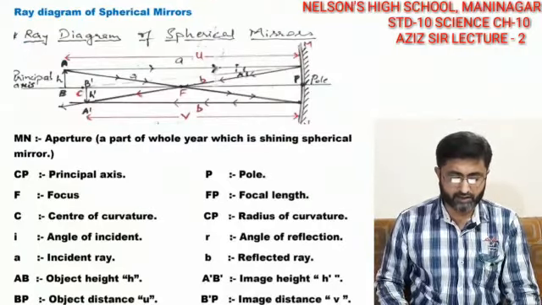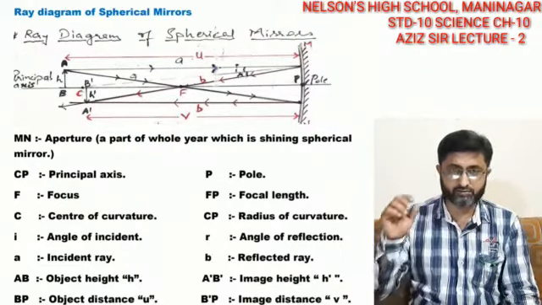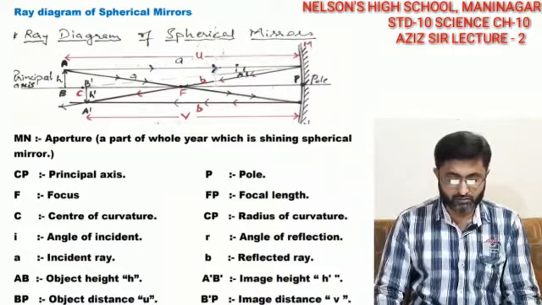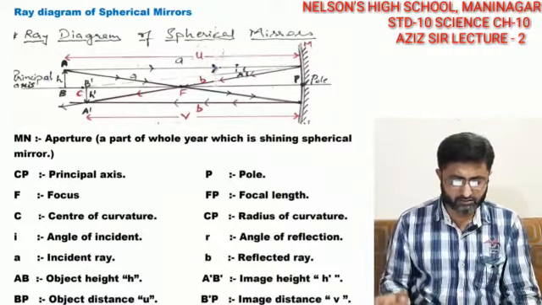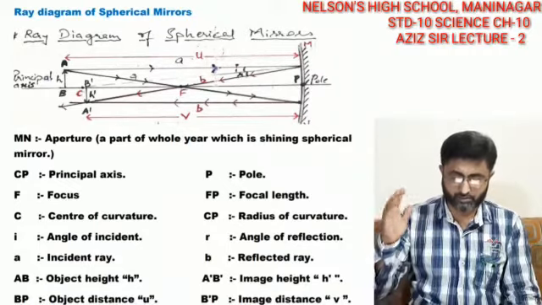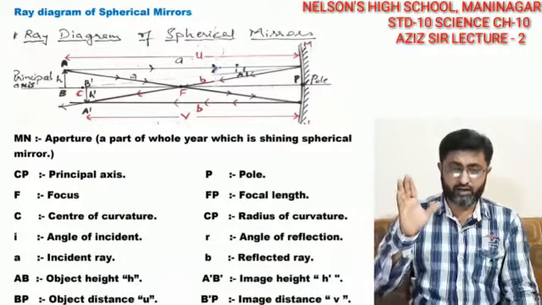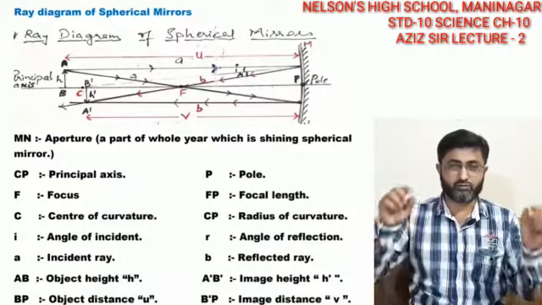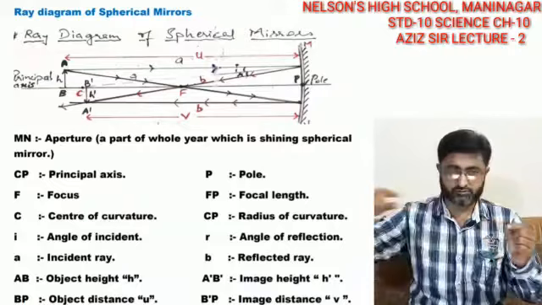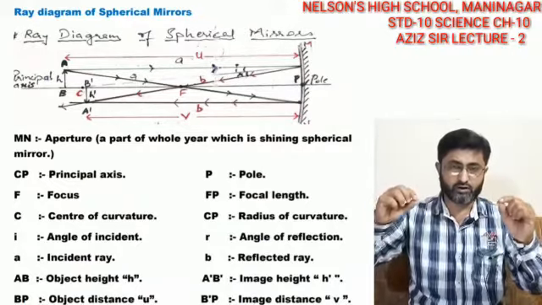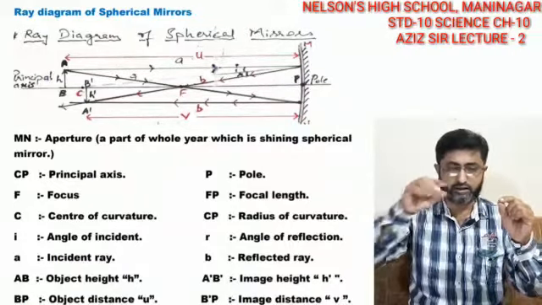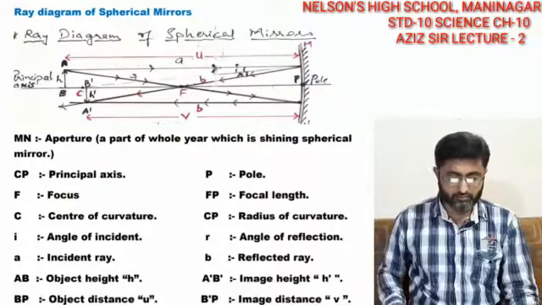The ray diagram which you are able to see on the lower side is a handmade diagram by me. It's just a simple concave mirror. If you want to make a concave mirror, you have to first draw a straight line, put a compass and draw a curvature. That will be called the center of curvature.